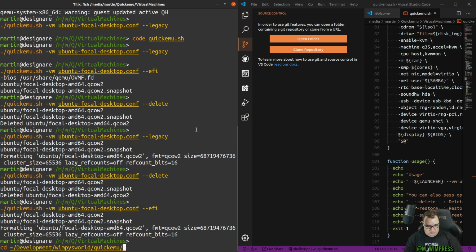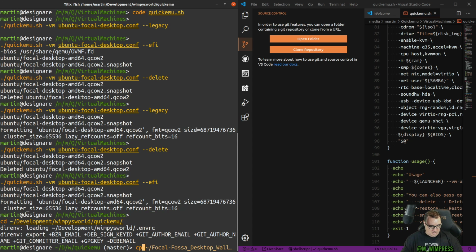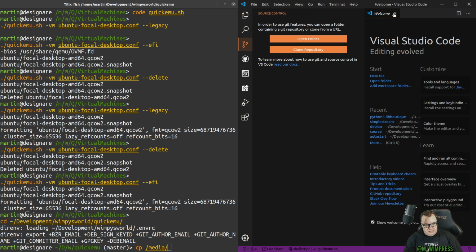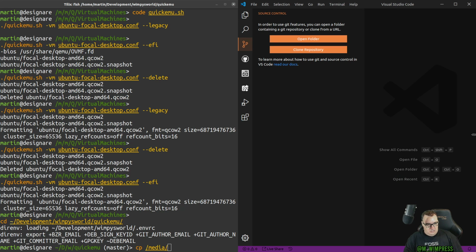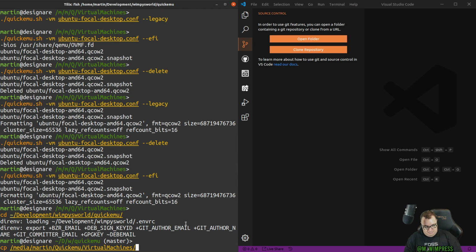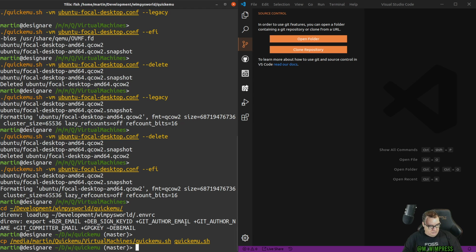So let's copy that script in here. So I'm now copying this script in from where I'd been running it into where I have my Git repository. So if I copy that over the top